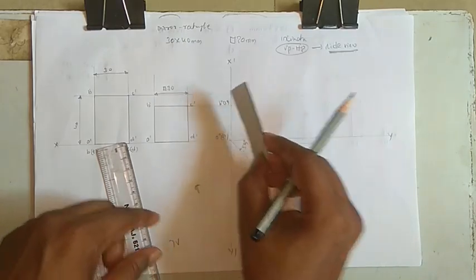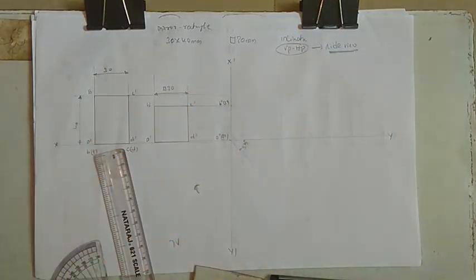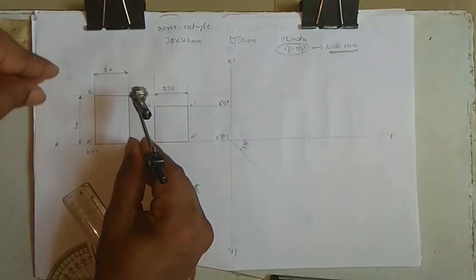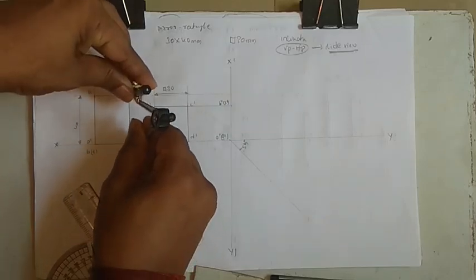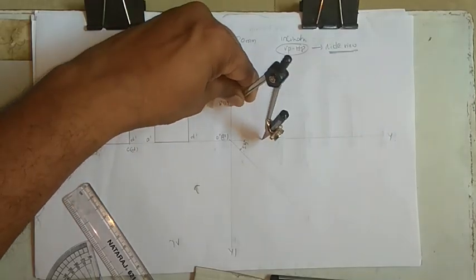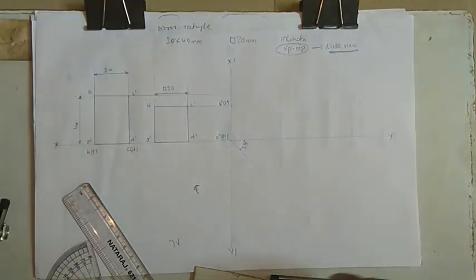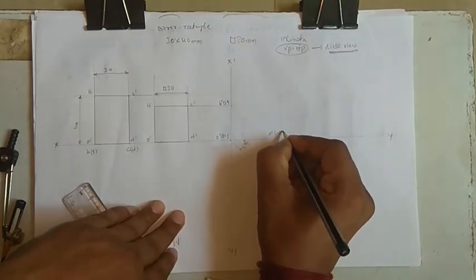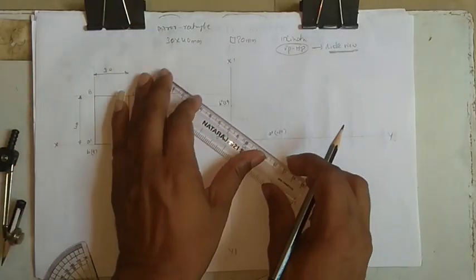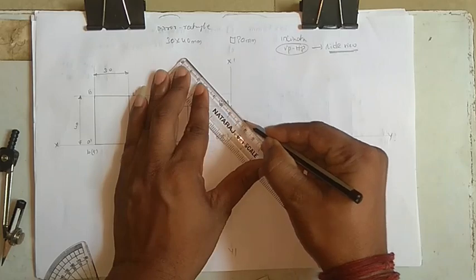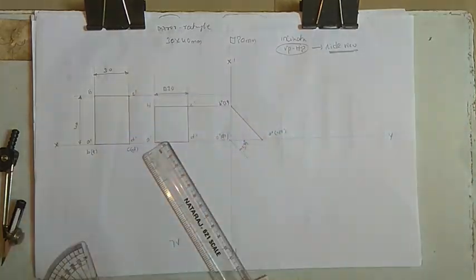Okay, so we know the length of the rectangle is 40. So we know where exactly the top will come. The top will come here, and we need to find where the base is. So the base will come here. Okay, so this is our A double dash in the bracket D double dash. Now just join these two lines. So this is the way in which it is inclined to the wall.